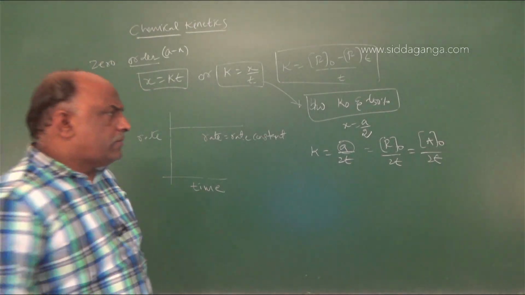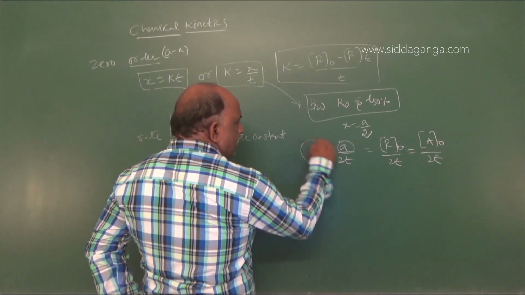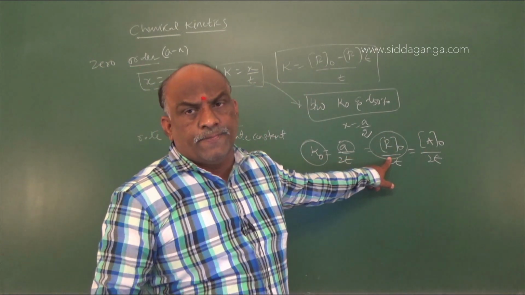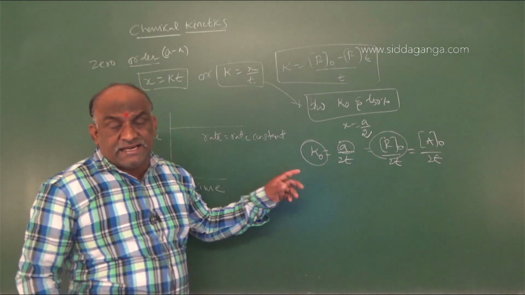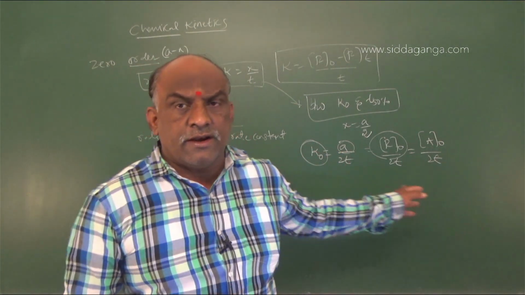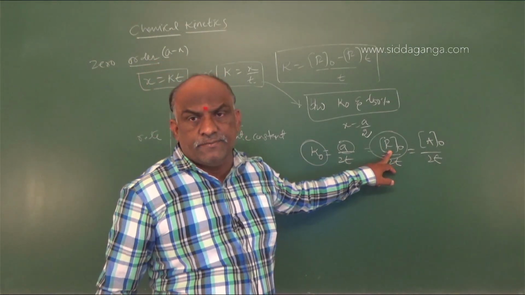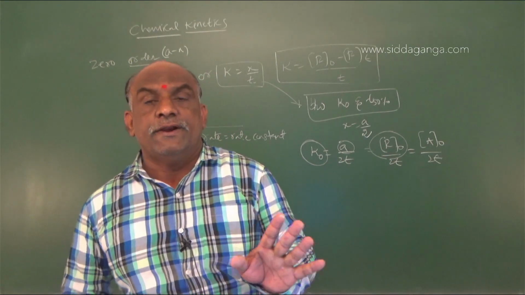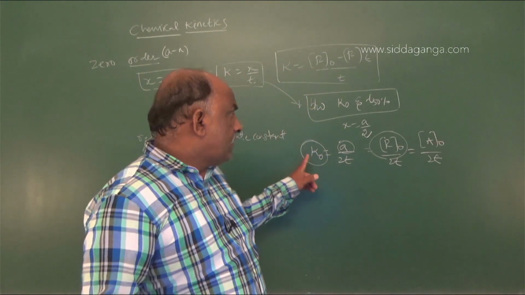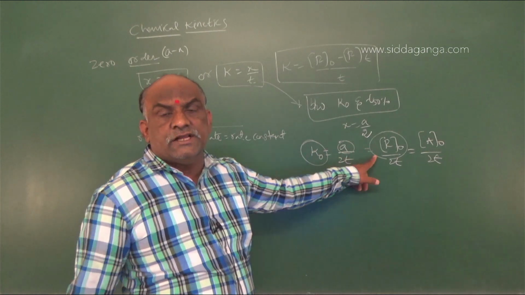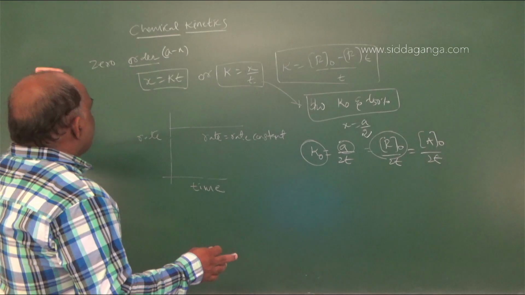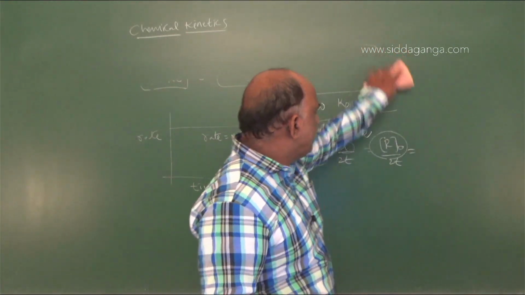So here, once you observe, my dear students, this is K0, the zero order rate constant, and it is R naught, the initial concentration, both are directly proportional. So the zero order rate constant depends on the concentration term, but the first order rate constant is independent of the initial concentration of the reactants. So what is the conclusion regarding this?